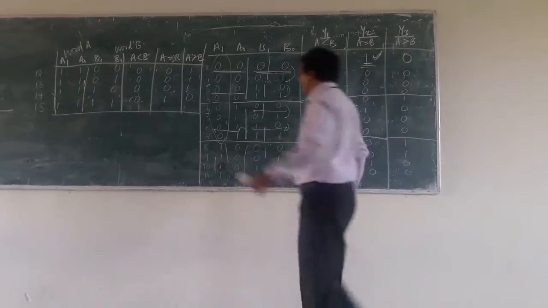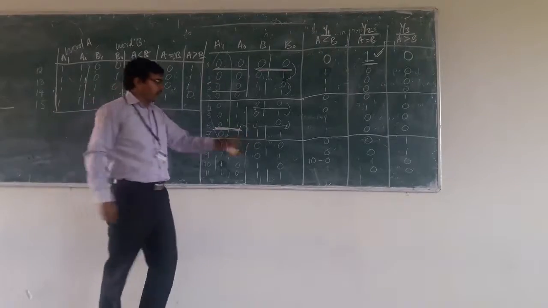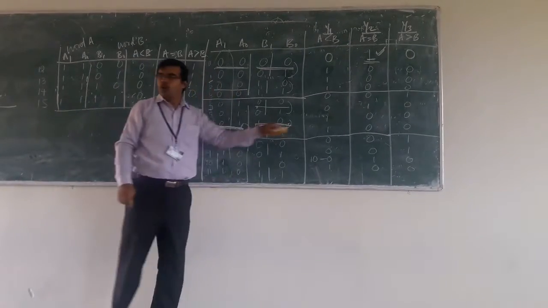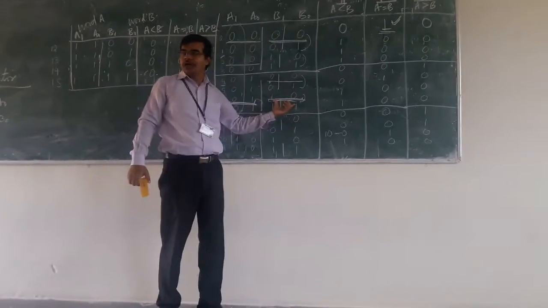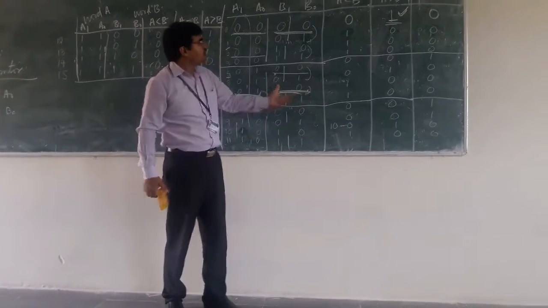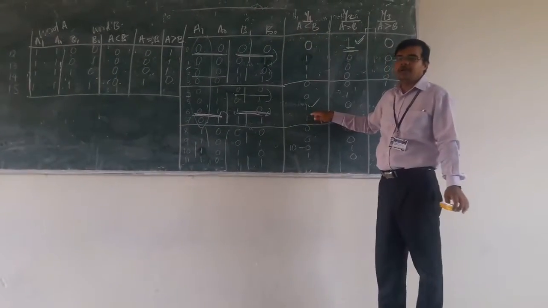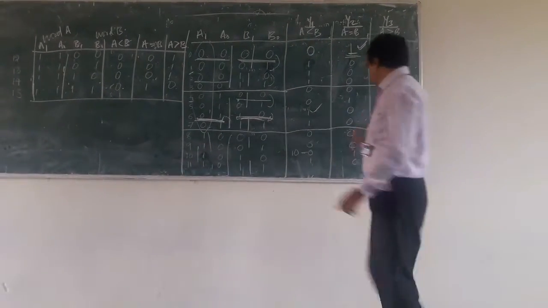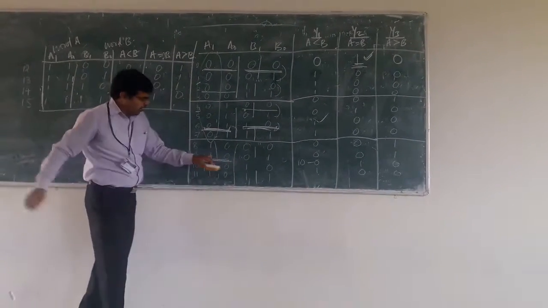Let us go for some other condition. Here you have 0 1 and here you have 1 0. So 0 1 is less than 1 0, so this condition is A is less than B, and we have to consider it here. Now suppose we see this case, 1 0